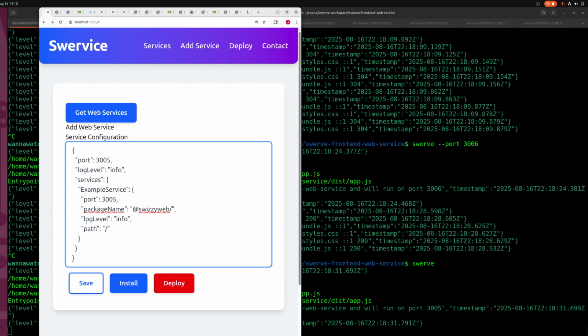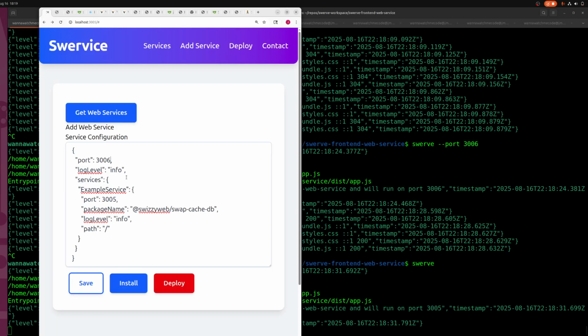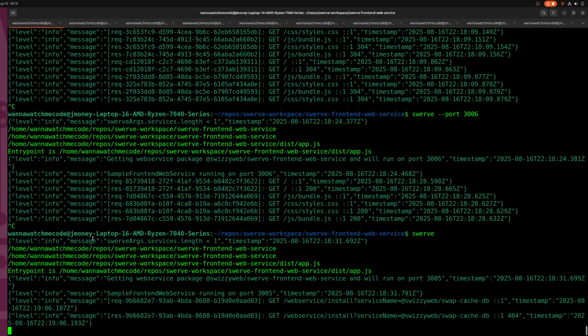And so one is swap cache DB, which is a database I created. It's made in Node.js, which seems counterintuitive, but it actually performs pretty well and it's pretty flexible. So I can go ahead and I'll show you real quick. If I go to 3006, it's not running. So I'll say 3006 I want this service to run on. I'll click install, and then the backend,